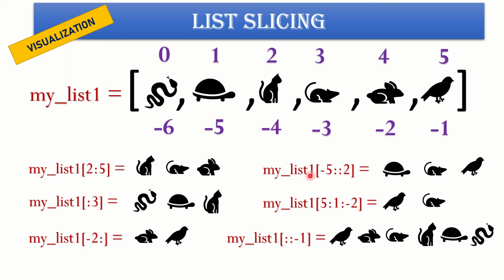Now if I want to give a jumping condition here, I want to move multiple number of steps. So I've given here from -5, go till the end of the list and take a step of 2. So I start from -5, which is this position, and then I go till the end of the list. So this is going to move from left to right, and I'm going to take a jump of 2. So the first element that will be displayed will be the tortoise. Then I take a jump of 2, and then the next, the rat will be displayed. Again, since I have not given the end position, so I continue to traverse till the end of the list. So again, I'll take a jump of 2, and the last element, that is the sparrow, will be displayed.